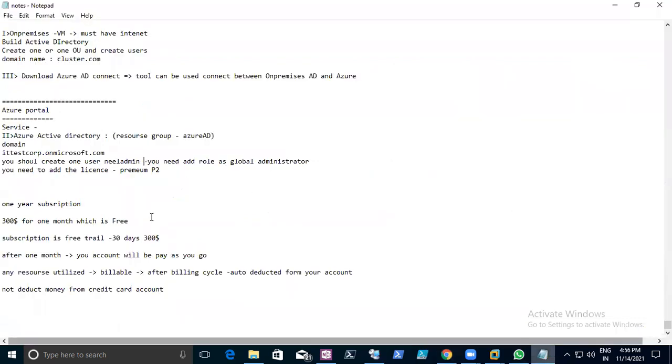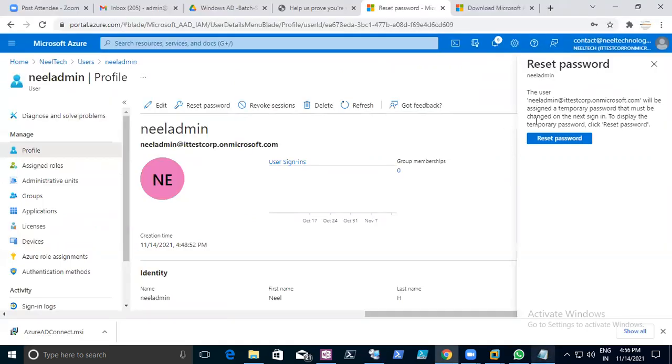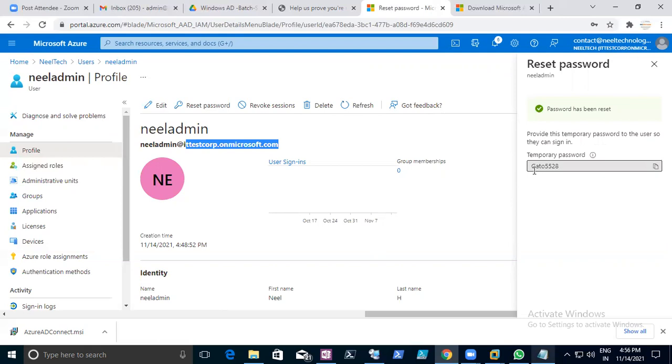Okay, what is the domain name? You got it? Domain name is, we got it, IT test corp, right? IT test corp, right? Perfect. Set password. Okay, this is a password, you got it.